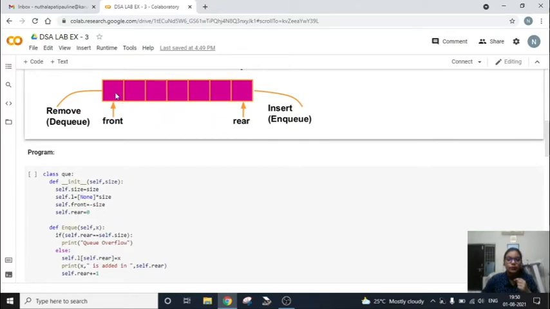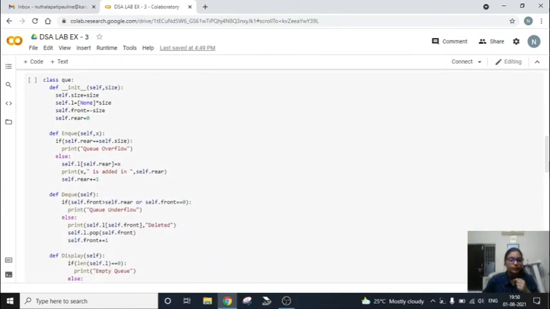Here it is the case of an empty queue or empty array. Only if it is empty will rear be equal to front, in other words rear and front will be pointing to the same index position. Or else, when the queue is not empty, the rear will be incremented. Let's see in the program how it is going to do this. As I explained earlier, the front is equal to the minus of size and rear will be 0 initially, when no values are inserted in the queue. These are the initial conditions.